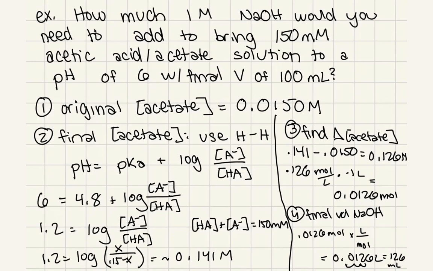Another thing that you could do if you want to start closer to the desired pH is, instead of just dissolving the acid and letting it get where it wanted, we could have started by adding some of the acetate. So you can add something like sodium acetate. And that way you're tipping the scale from the beginning, rather than adding the OH and having it react with the acetic acid to make the acetate. So those are